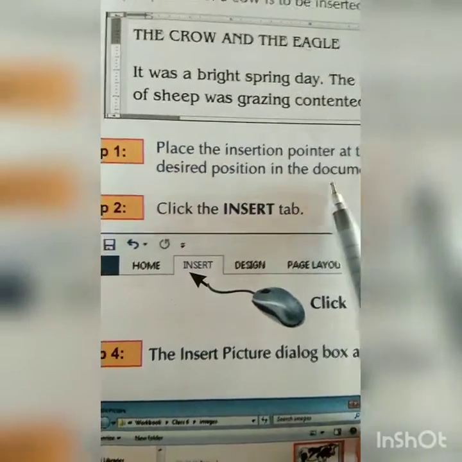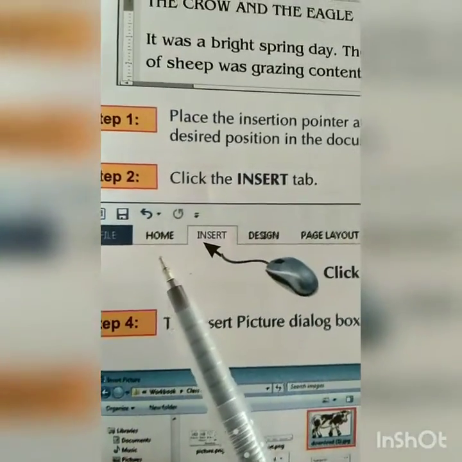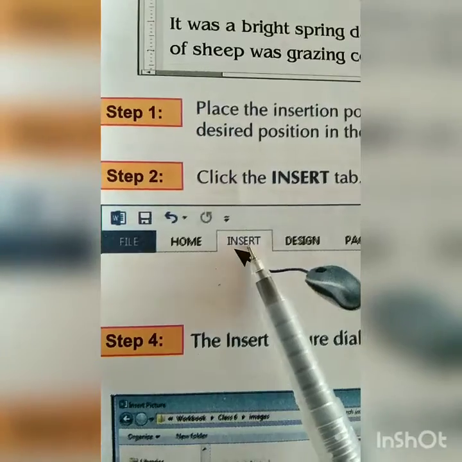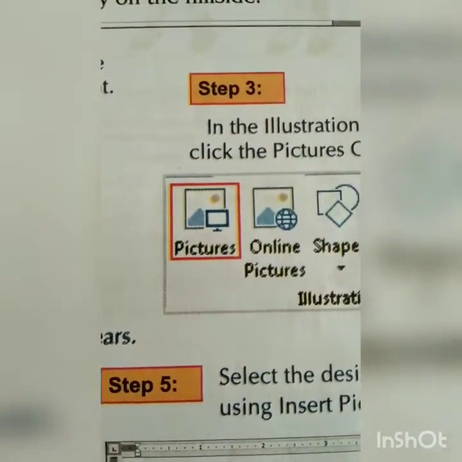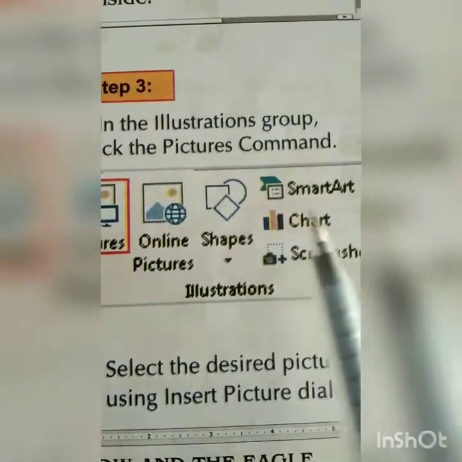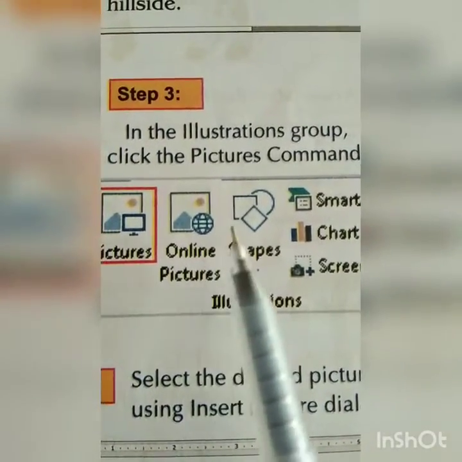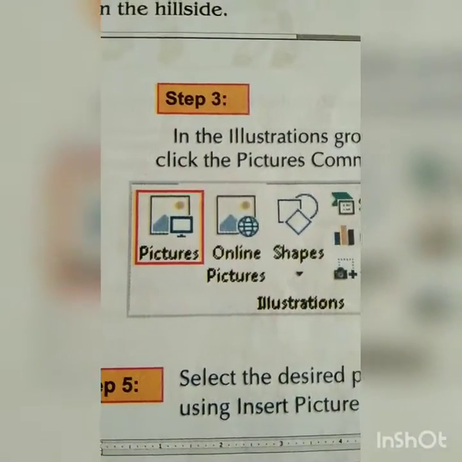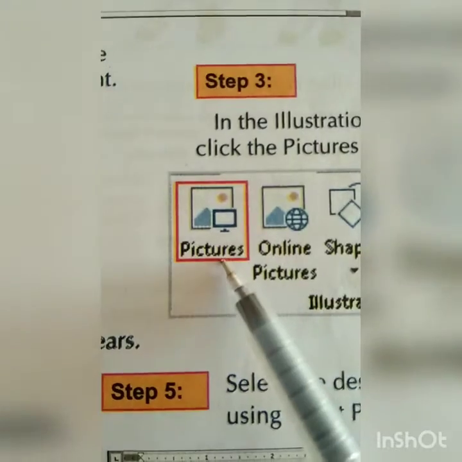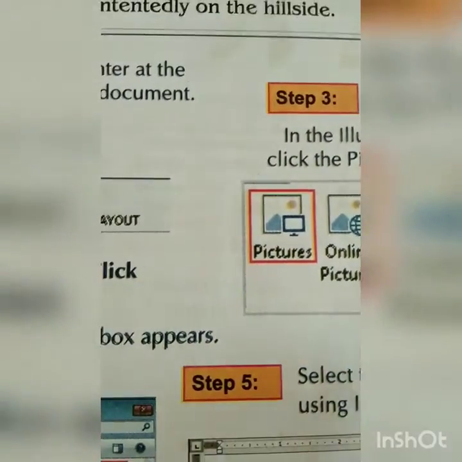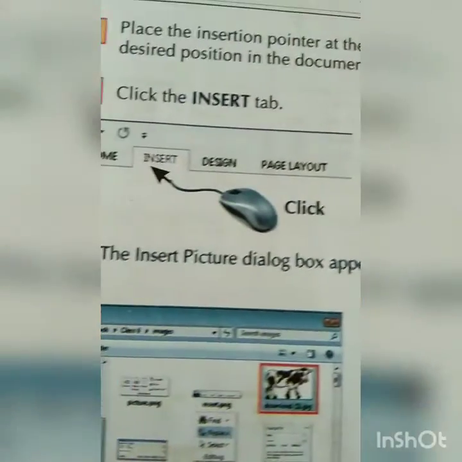Keep the cursor over there, and you will also get help from the menu bar, where Insert is given. What type of picture do you want? Your pictures are given. So many pictures are there, not shapes. See clearly in your mind, you are not selecting any shape; we will do that later when you go further in this program. So you are going to select a picture, the type you want for your document.